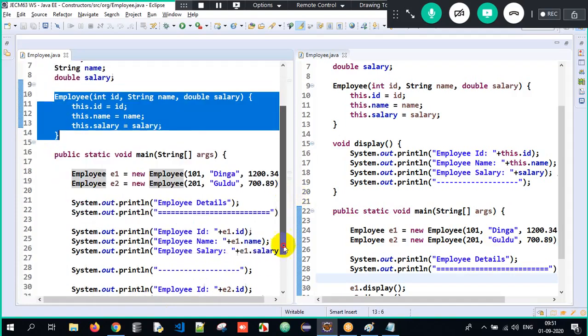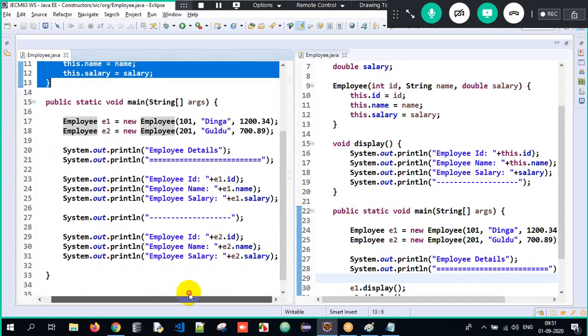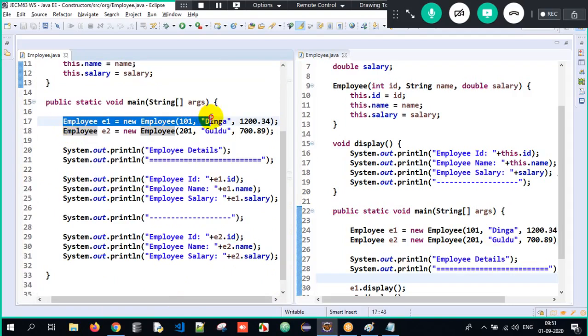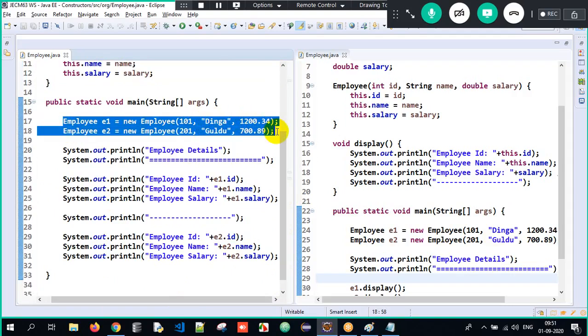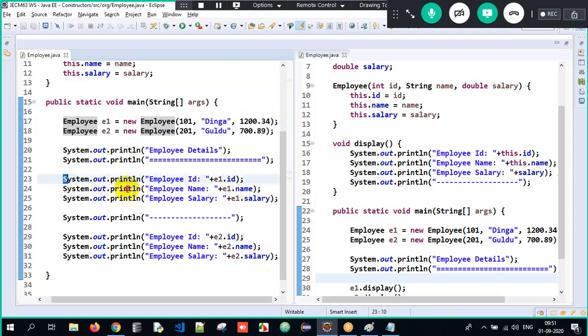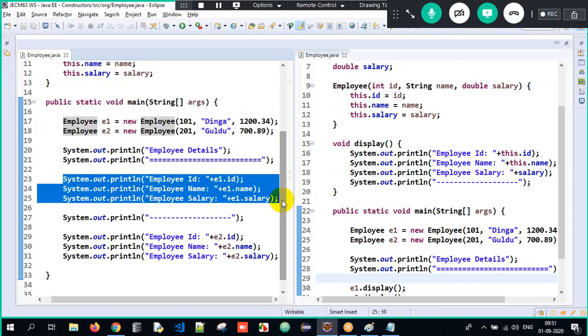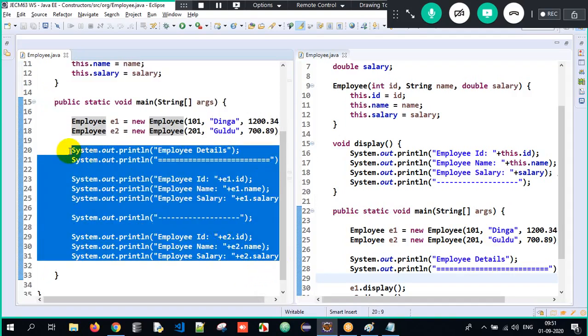Now what happened in the second half: I created an object. I created 2 employee objects, meaning 2 employee copies, 2 employee details. Therefore, if I want to print each and every employee's details, I have to write e1.id, e1.name, e1.salary, e2.id, e2.name, e2.salary. Similarly, if I have 10 employees, E3, E4, E5, E6, E7, E8, E9 and so on, I have to make use of so many print statements. This is redundancy. It's a very difficult part, right? In order to avoid it,